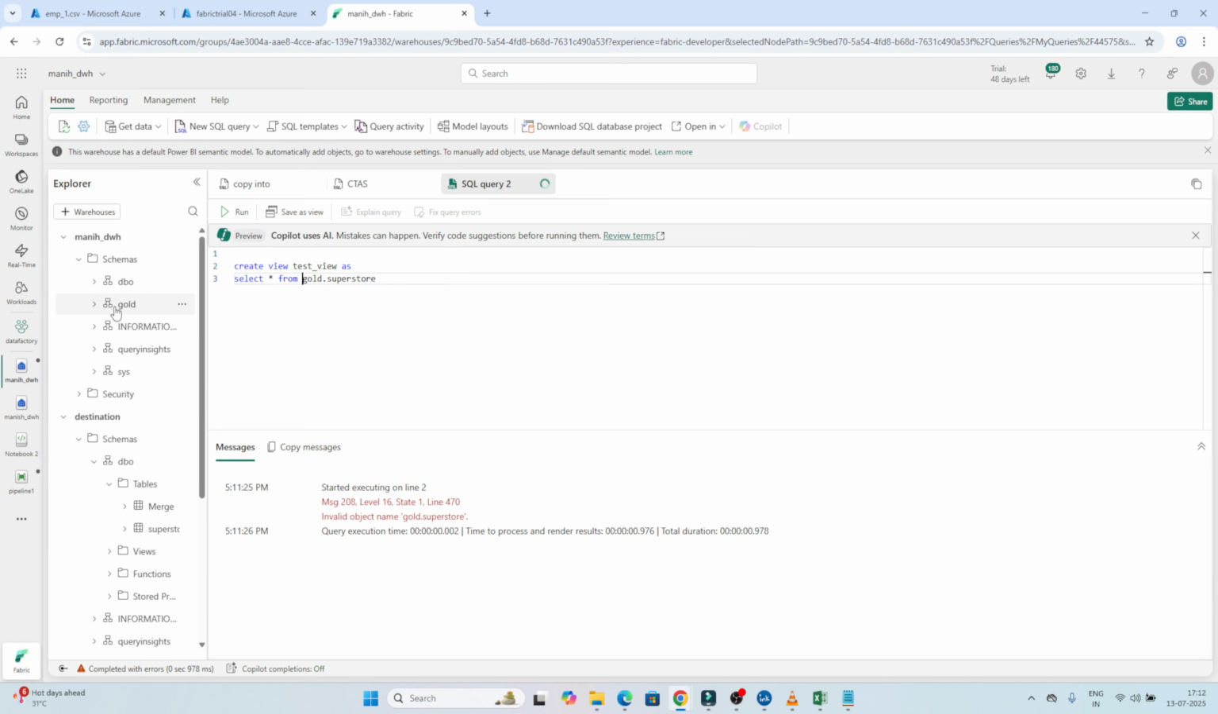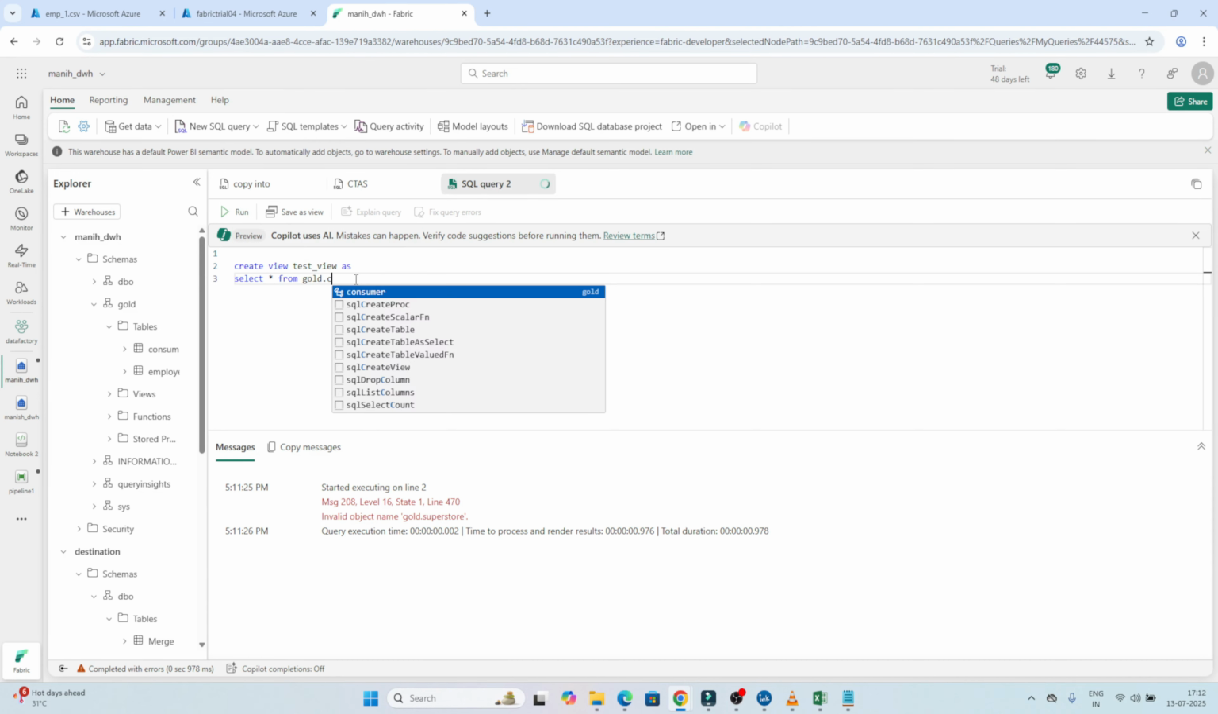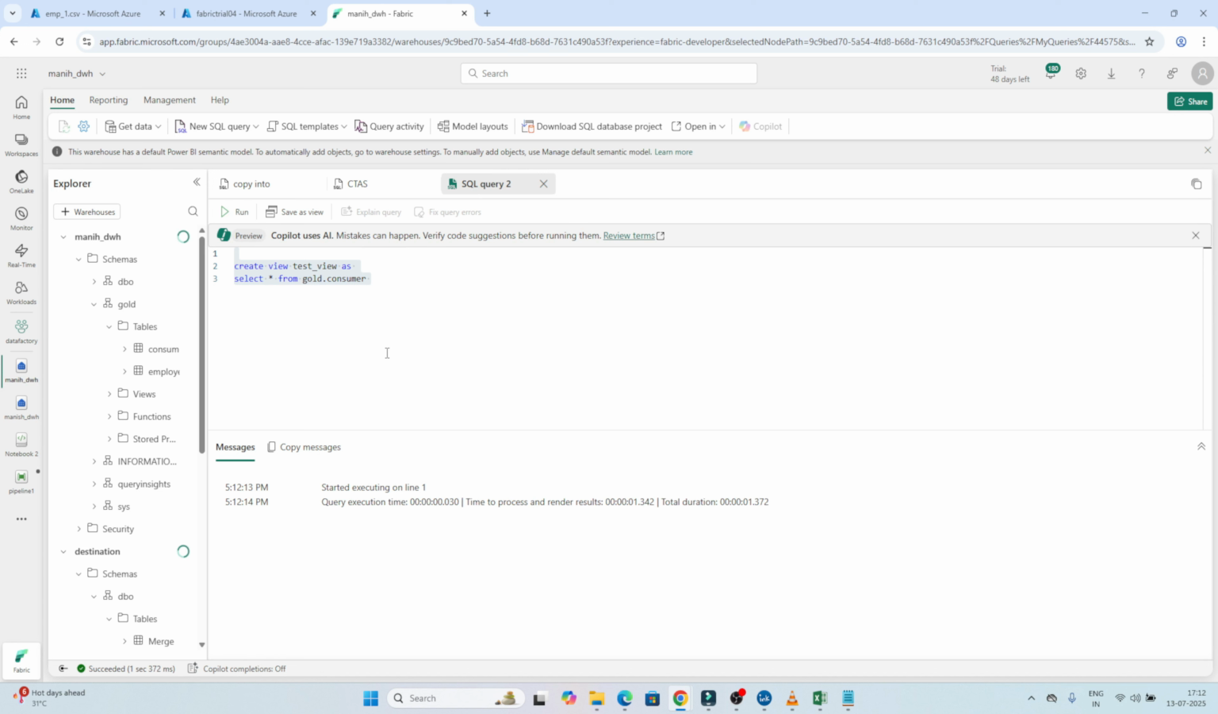it looks like the superstore table is not there. Let me see the data. What tables are available? We have a consumer table, so we'll give the consumer here. Now let me execute the same query. What will happen is that one view will be created. Now if you want to access this view, you can access it with the help of SELECT star FROM the view,